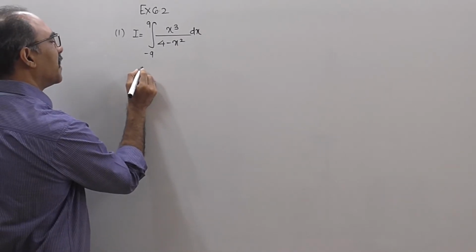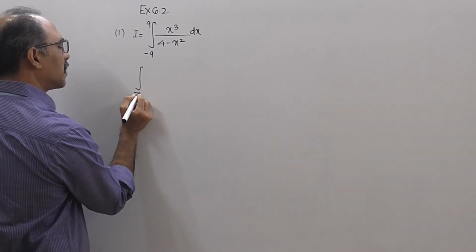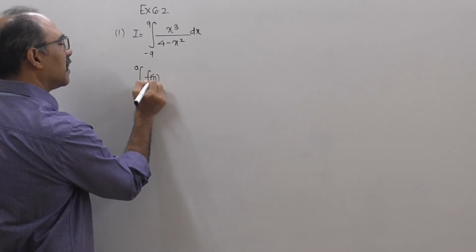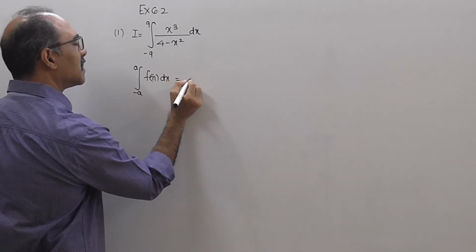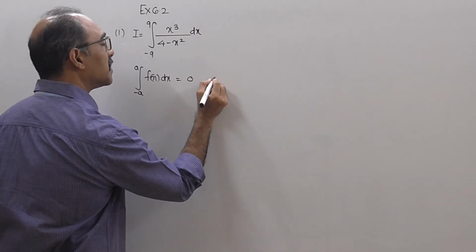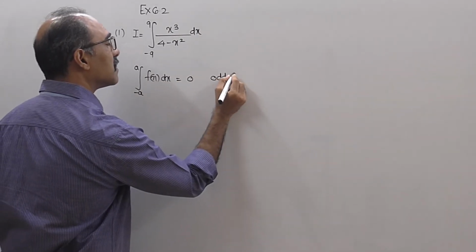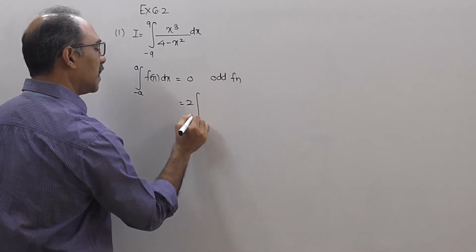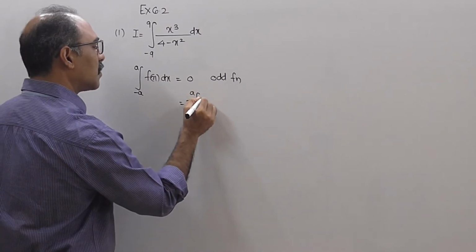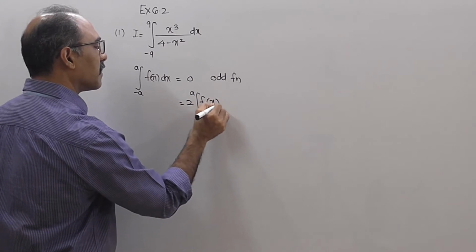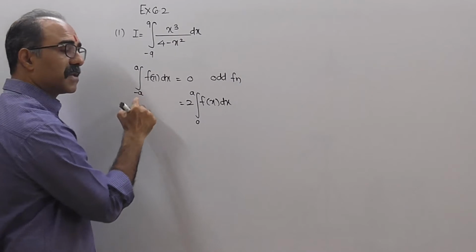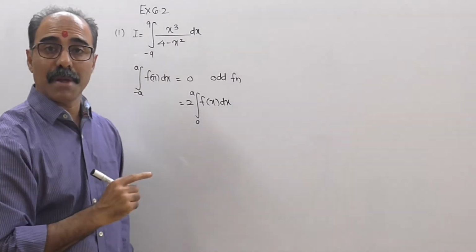You have to identify whether this is an odd or even function, because the integration from minus a to a of f of x dx is 0 if the function is an odd function, and equal to 2 times the integration from 0 to a of f of x dx if it is even. So whenever you have a function in the form of minus a to a,